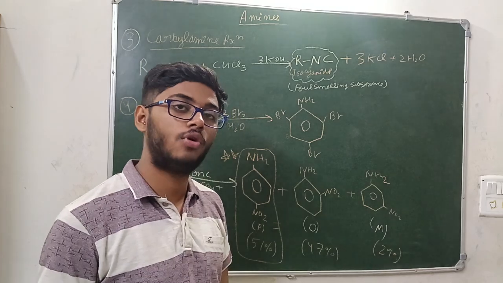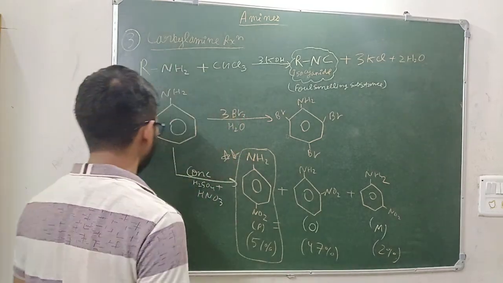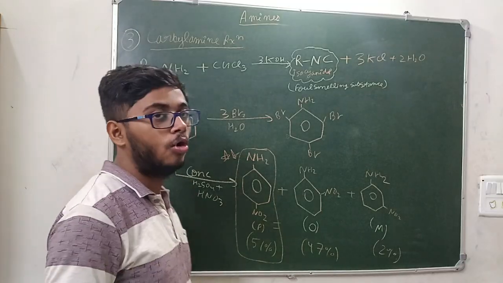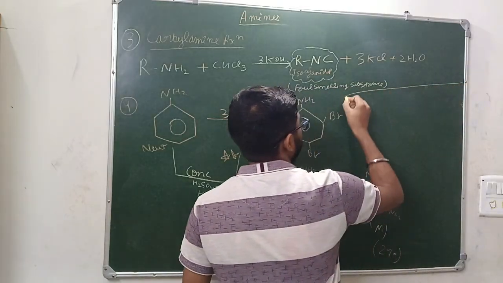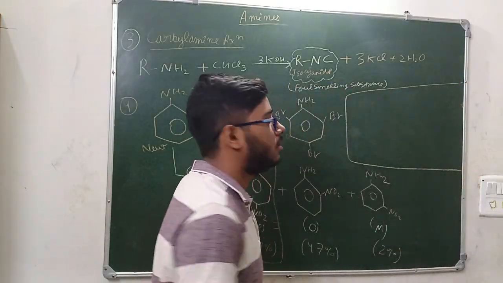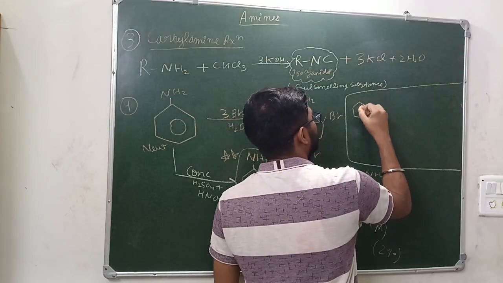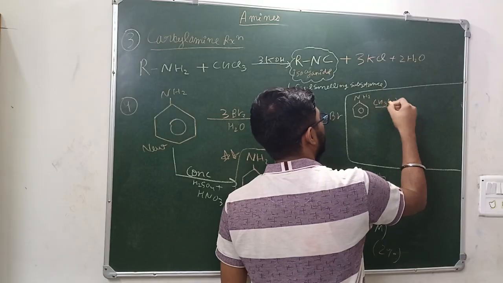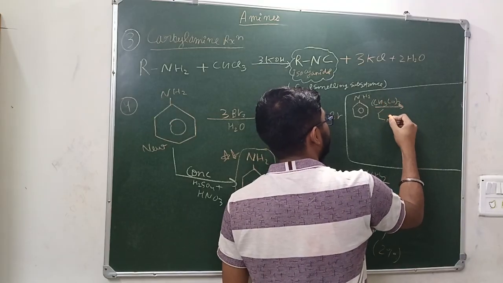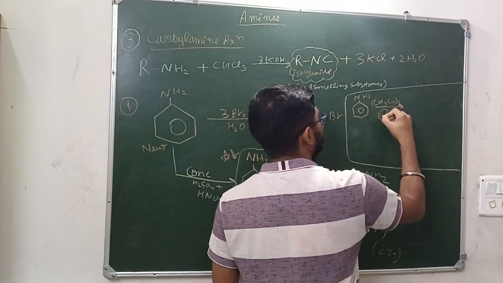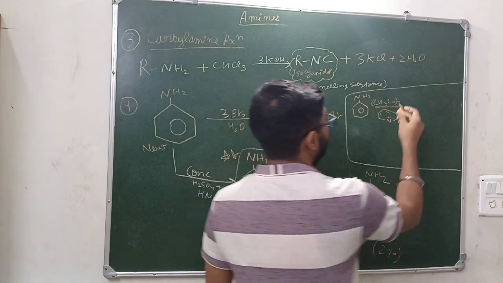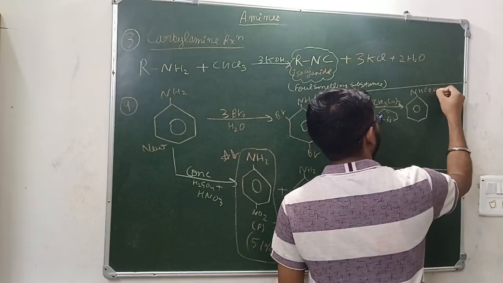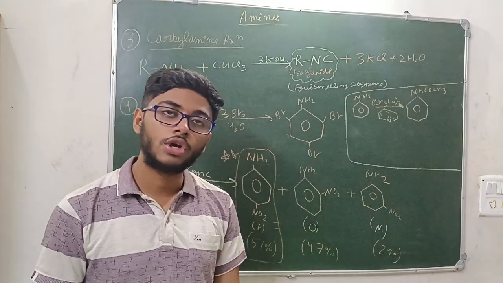This is the proof. Okay, you can prepare this by one more old method. This is the new method of preparation, but you can prepare it by one more old method. I will tell you here. See, first of all, you take aniline and react this with acetic anhydride in the presence of pyridine. Pyridine is just for maintaining the basicity of the reaction. The compound which is formed is this, NHCOCH3.